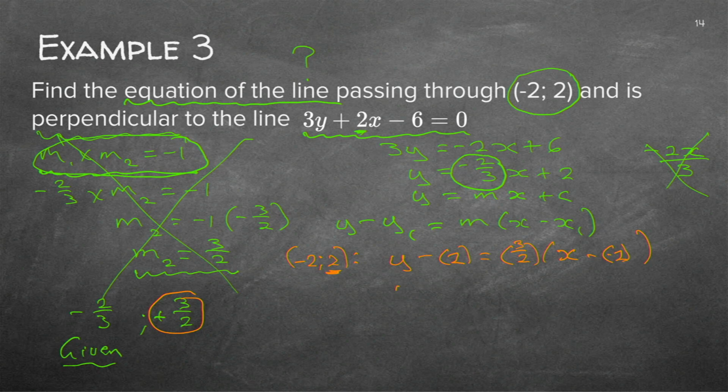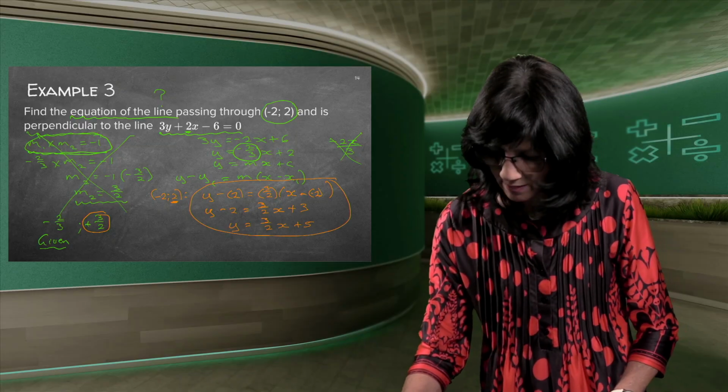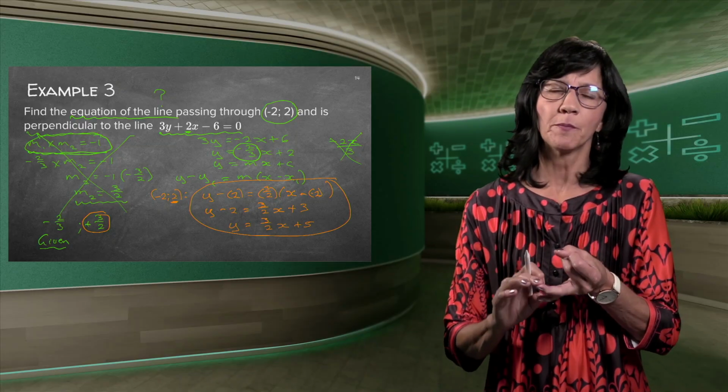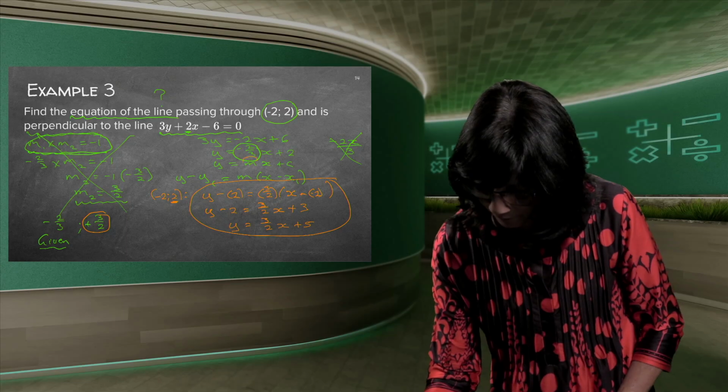So if I multiply this out neatly, it gives me 3 over 2 x minus, not minus, minus times minus is a plus. I'm just skipping one step. So it's plus times that gives me just 3. And if I now get my y all on its own, it's 3 plus 2, which is 5. And there is my equation. Good. So again, you actually needed just this one formula to fill in the m and to fill in a point. But they did not give me the m straight away. I needed to find the m from there.